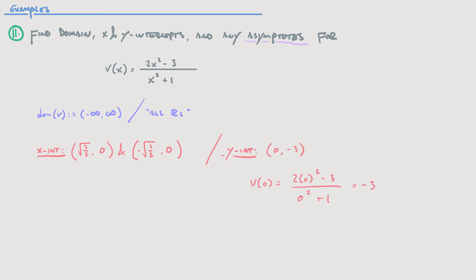To find the y-intercept, all we do is we plug in 0 for x. So we get 2 times 0 squared minus 3 over 0 squared plus 1, which is just going to be negative 3 over 1, which is just negative 3. So we got 0, negative 3. And then we can talk about the